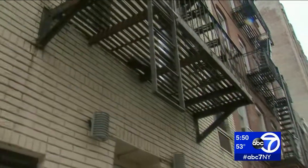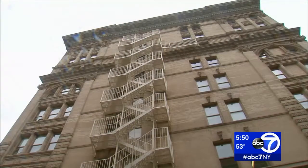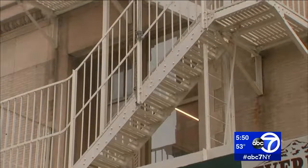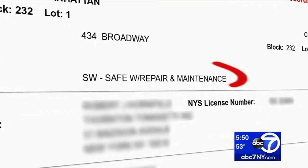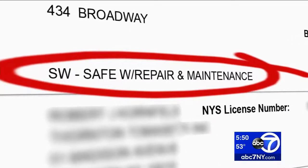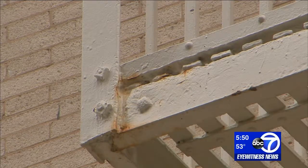Inspector and founder of the National Fire Escape Association, Cisco Meneses, says the Howard Street fire escape should have never passed inspection in its last check in 2013, when a private engineer found the structure safe with maintenance repairs required, in this case, painting, which the safety expert says masked the corrosion. It's all scrape and paint, so there's very few structural work really done on proper inspections being done on these